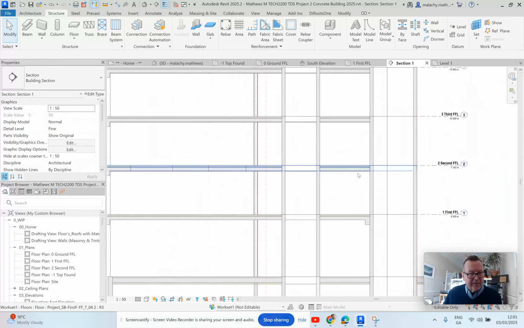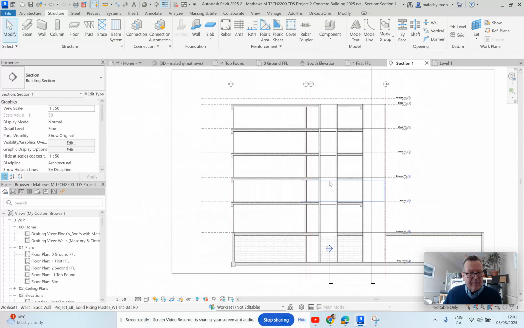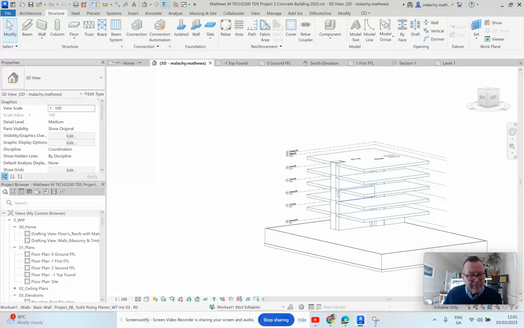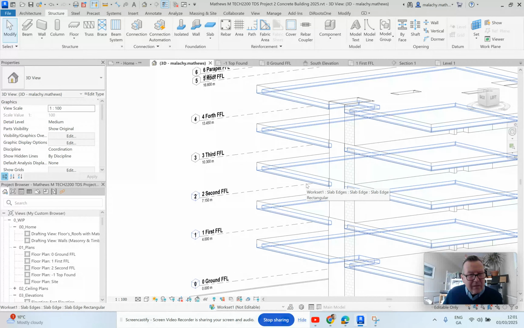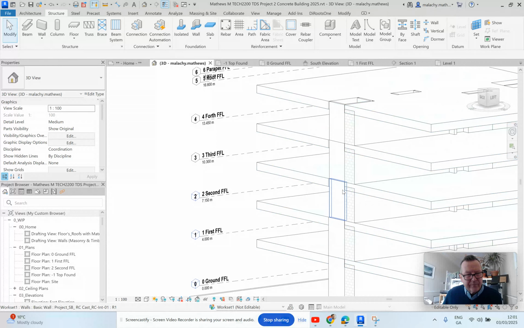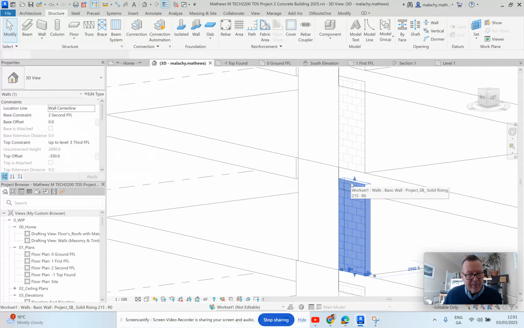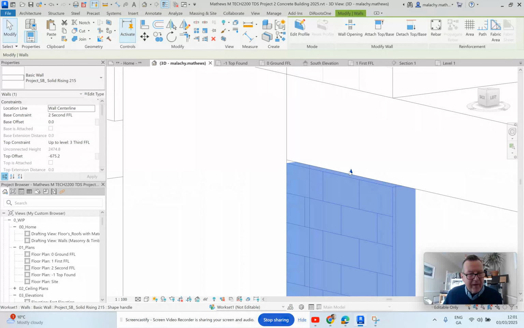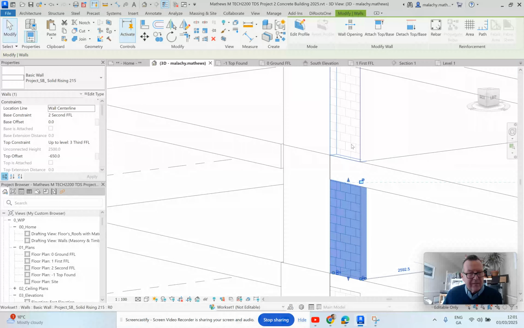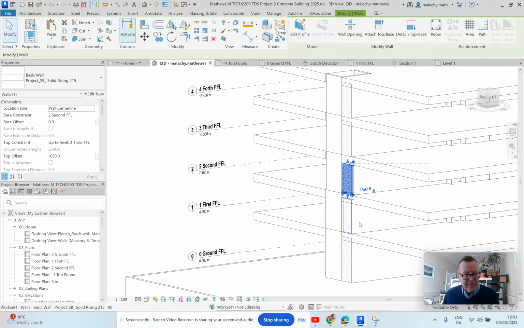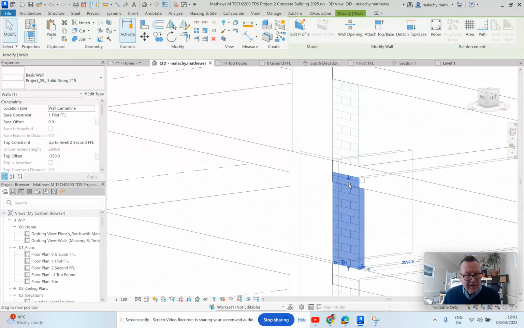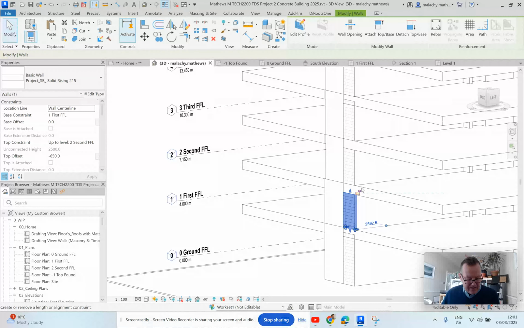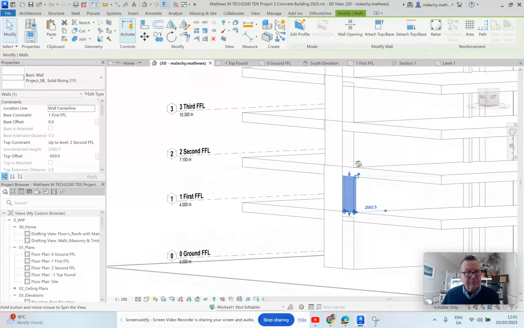Okay, and again, you just need to go around and make sure that all of those are where they should be. And you're going to get little anomalies like that where the block work needs to be brought down to the underside of that. So there's always a little bit of tidying up to be done for these kind of things. Okay, and then if I go underneath here,